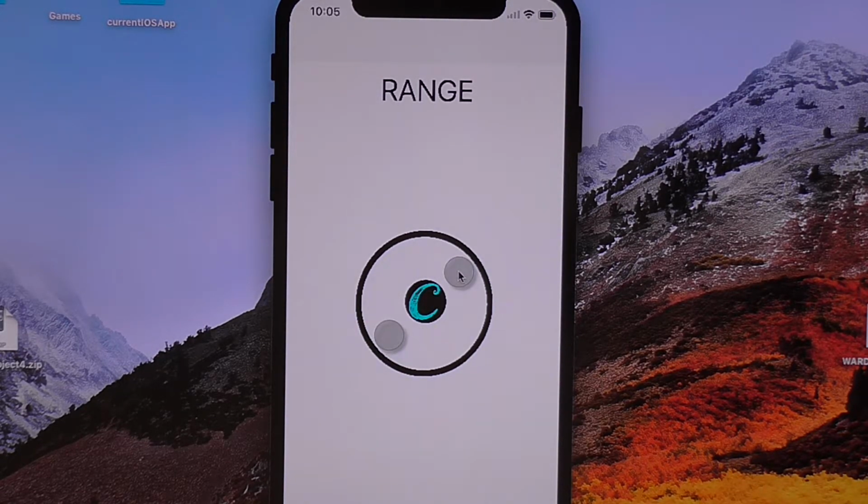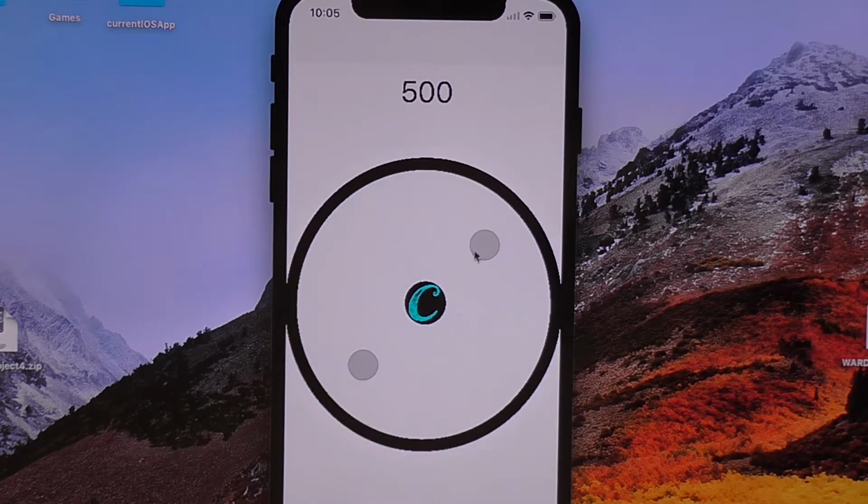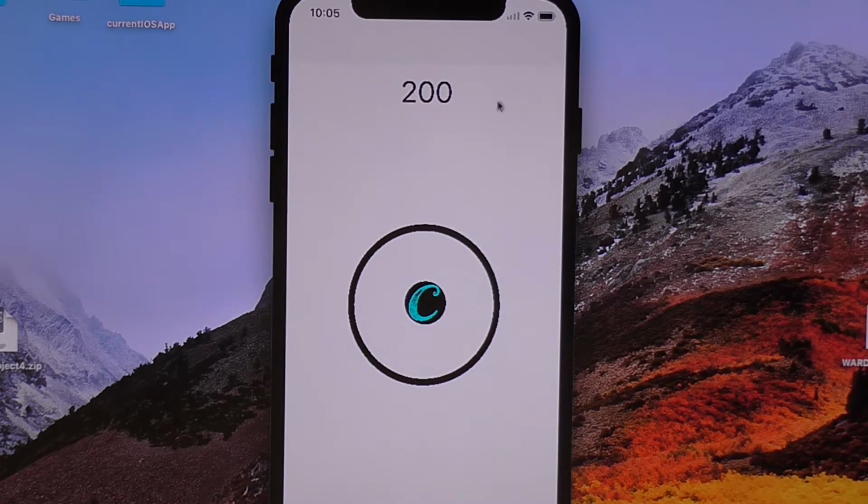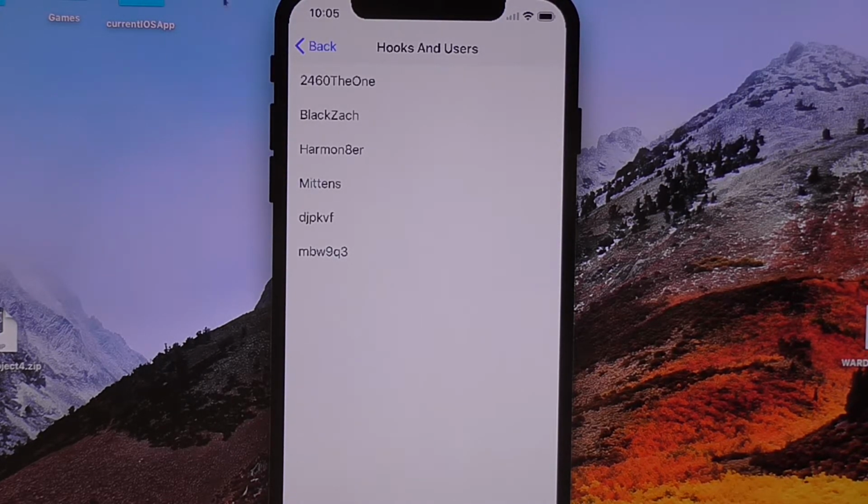As we said, with this ripple you have the ability to change the value based off a pinch. Right now it just shows the value up here, but obviously we would add proper text, or maybe even, with a button click, show you the actual rippling effect through the image. We're going to do it through users. Click here. As I said, there are 6 users, and you can see there's 6 users on this: Black Zach, Harmonator, Mittens, Dominic, and so on.